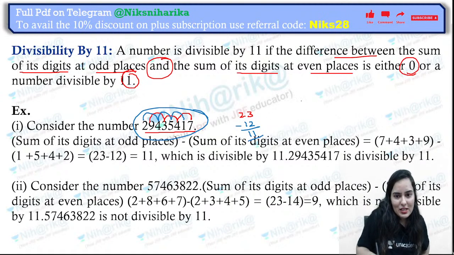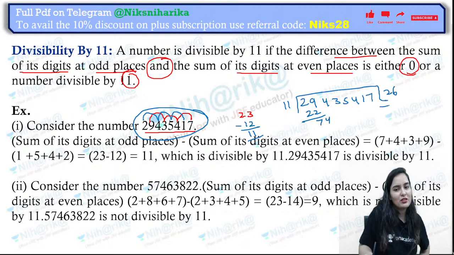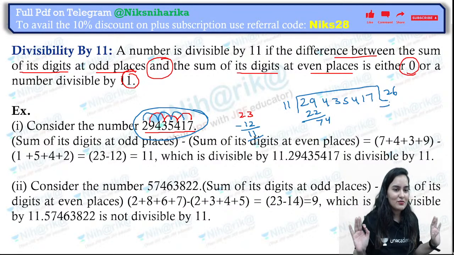Because see, we struggle so much now. We get such a big number and we struggle so much with it. We try to divide that by 2 times, then we put 22, then 7, 4, 6 times and so on. By the time we reach, our time gets over. That's why there are shortcuts.